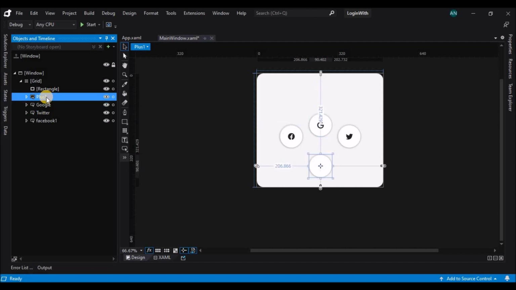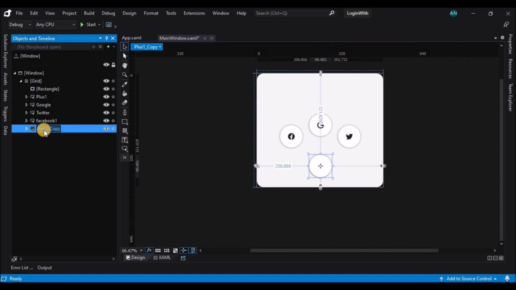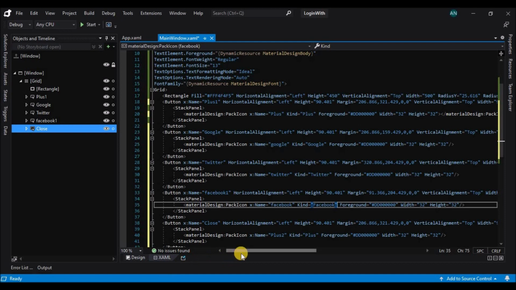So let's copy the plus button that we have and paste it in place, and then let's rename it to close. Go to the XAML and change the icon to a close icon.